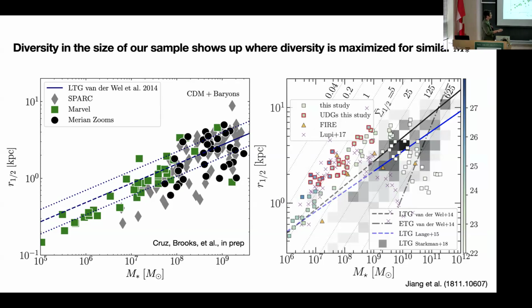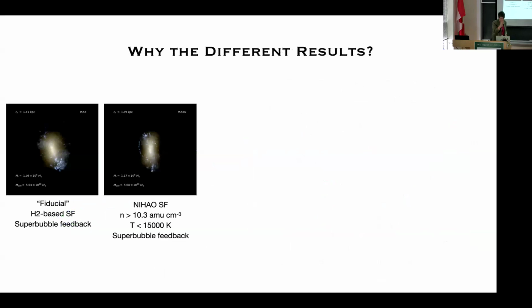So here's a plot of the half-light radius versus M star. I should point out, this line over here on the left-hand plot is for late-type galaxies from van der Wel. That is also over here. It's the black line. But the squares over here are NIHAO, right? And so you can see NIHAO tends to make very puffy things. It makes things that systematically in this mass range, 10 to the 8 to 10 to the 9, are lying above the mean observed relation. And so that's why they're having a hard time making cuspy things, or I shouldn't say cuspy things, steeply rising things is what I really mean to say, because they tend to be puffy.